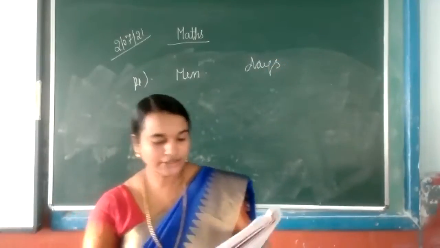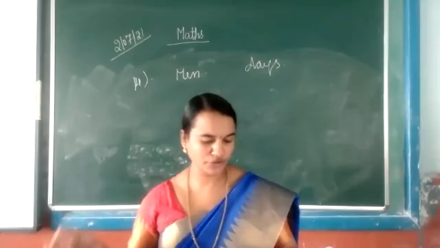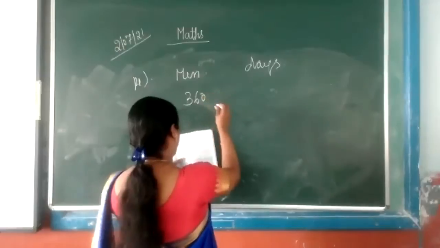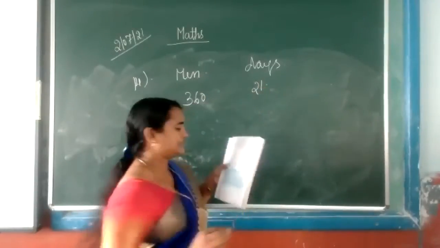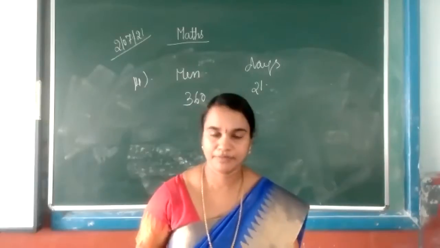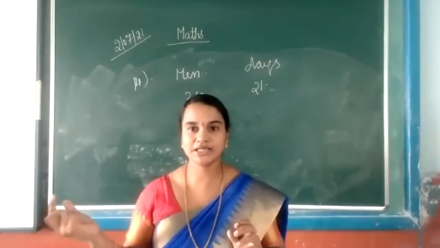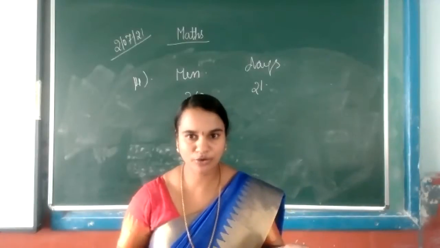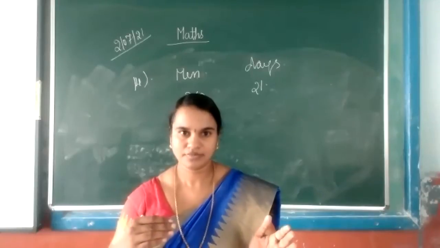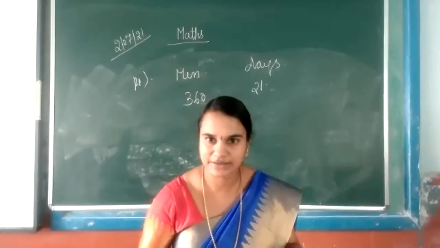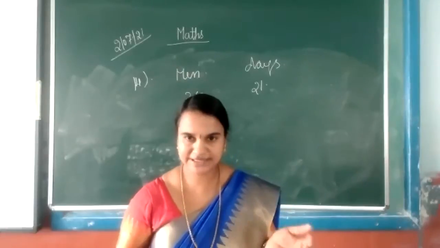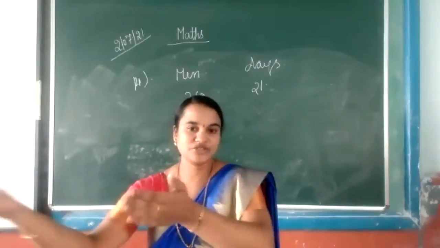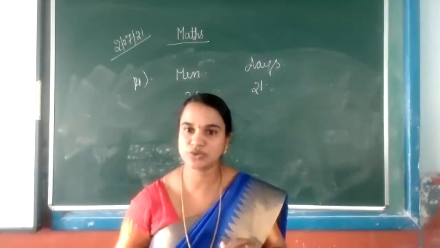In the question, 360 men had the provisions for 21 days. And 60 more men joined them. For example, up to last class, in your class, only ABC sections were there. Today onwards, DEF. So the number of students increased, isn't it? The same way, if 20 students join your class of 60, the number of students will increase.